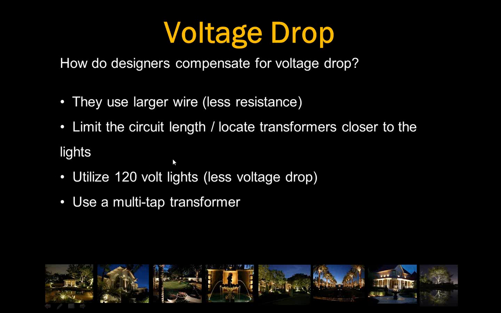So we use a multi-tap transformer, but again, it doesn't really help for the voltage drop. At the end of the line, you'll get them all to turn on, but they won't be evenly lit. Lower the lamp load by using LED, which is not a bad thing. In fact, that previous example that I showed you of a voltage drop across the house there, if I were to switch that over to LED, as long as I had anywhere between 10 and 18, that would even out the light all the way across that front face of that house and change that lighting output dramatically and make it look a lot better and get closer to the intent of the design rather than what you saw